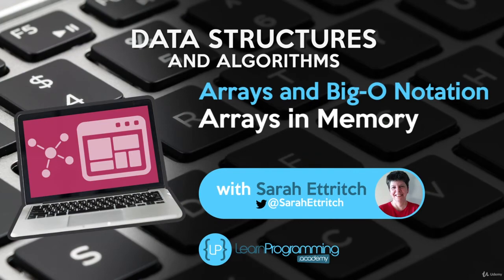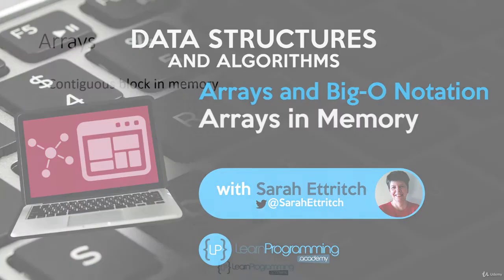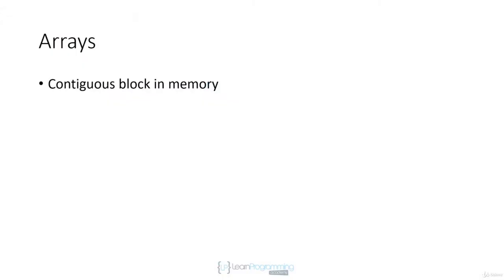So in this video, we're going to look at arrays as a data structure. The most important thing to understand about arrays is how they're stored in memory. Essentially, they're stored as one contiguous block in memory. What I mean by that is you don't have the items or elements in an array scattered throughout memory. All of the elements, items, whatever you want to call them, in an array are stored as one contiguous